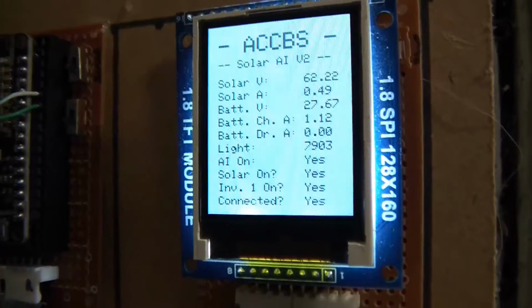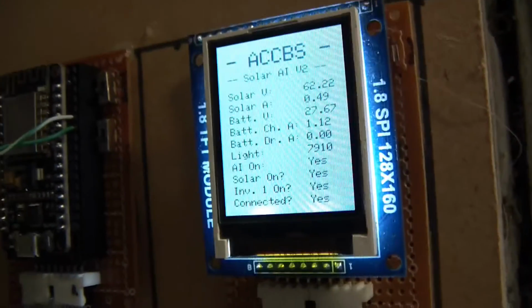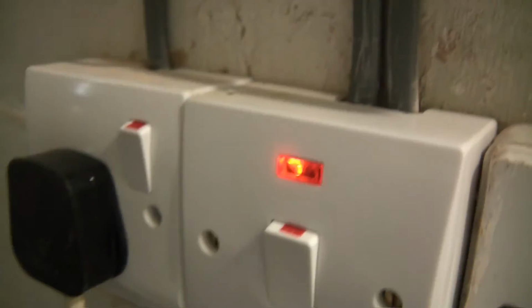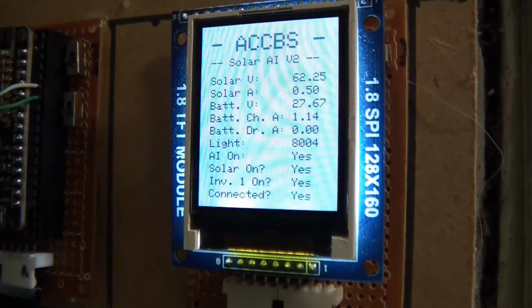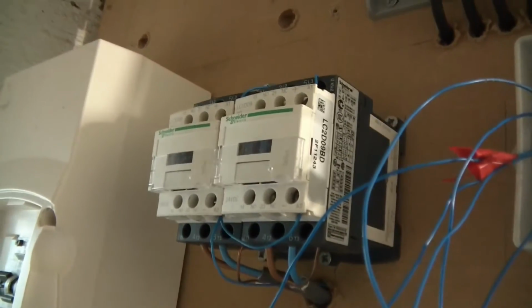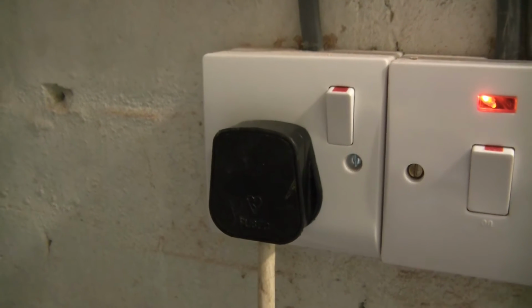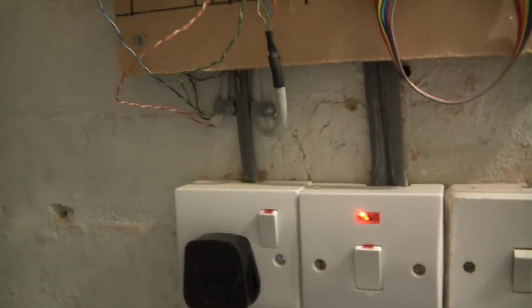So I come to test it, and to test it, of course, I use a load. So I've plugged something in here. It switched over to solar, as you can see here. So that means that the inverter's on, which it is. You can see over here the inverter is on, and it switched over to solar, and it is there. So therefore, this socket here is solar power. But if I add a load to it, if I just turn a load on,